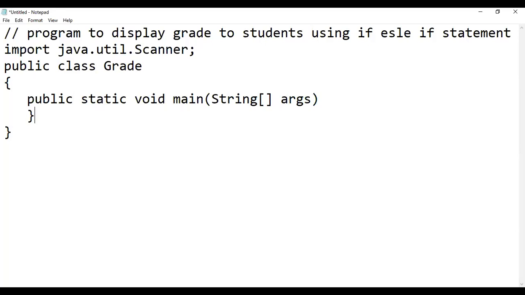So now in body of the main function, we will write our code. So firstly, we want to use scanner class. So firstly, we will create object of scanner class.